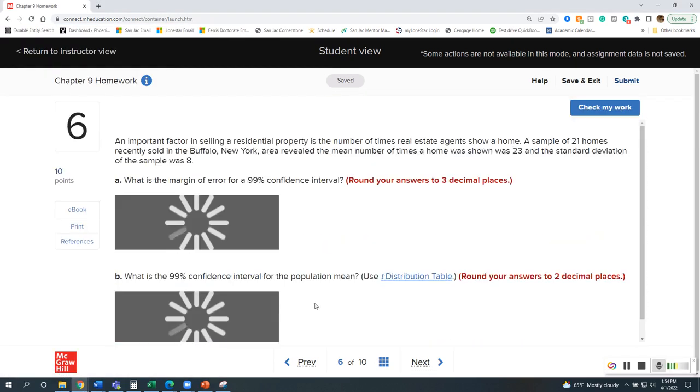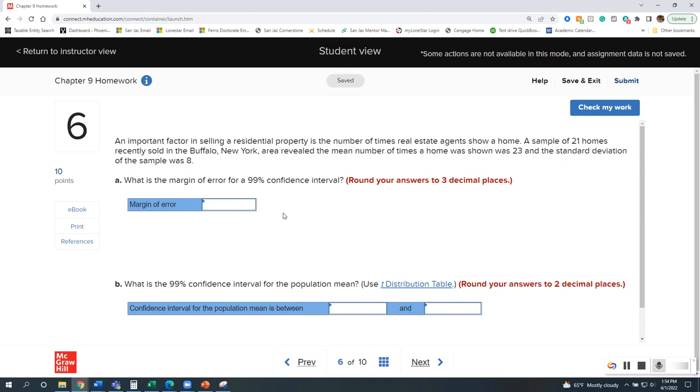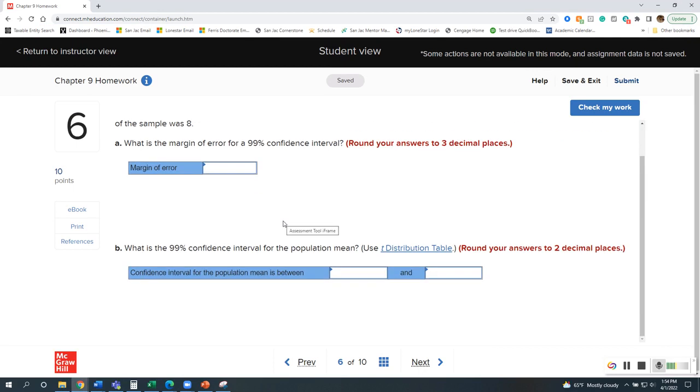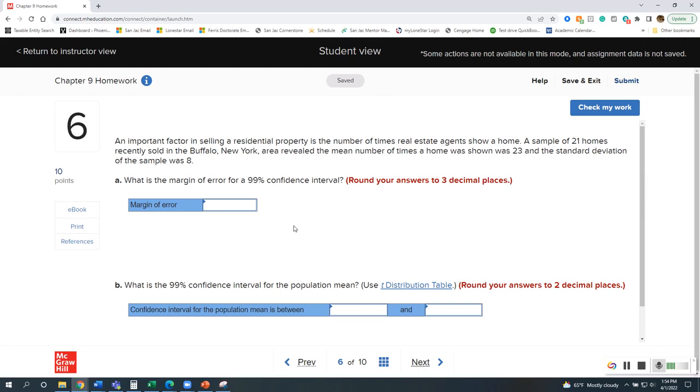Okay, question 6. Let's see, it looks like we have a T table again. So, an important factor in selling a residential property is the number of times a real estate agent shows a home. A sample of 21 homes recently sold in Buffalo, New York area revealed a mean number of times a home